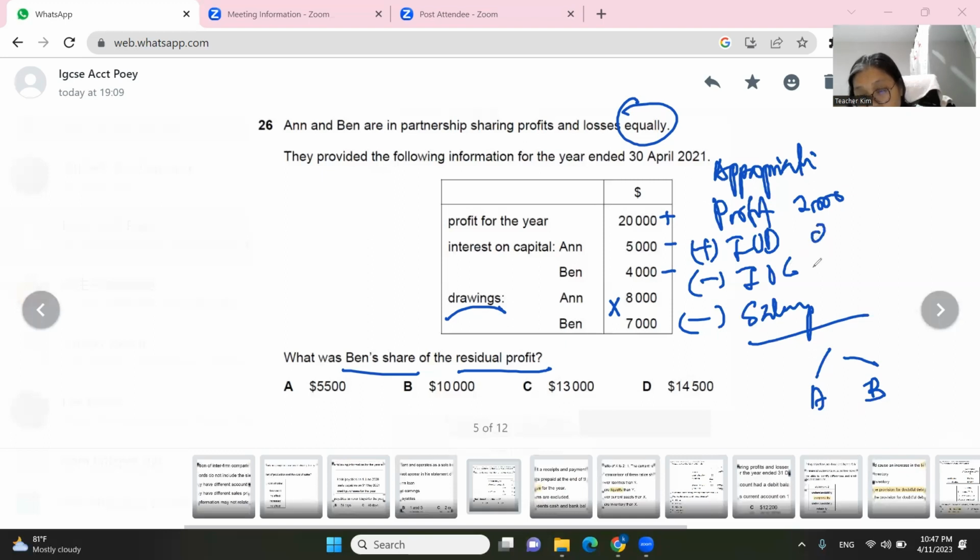Here, this one is 0. Interest on capital is 9,000. This one is 0. So we are left with 11,000. Because they share equally, divide by 2. 11,000 divided by 2, we get 5,500. So the answer should be A. Okay. Next is